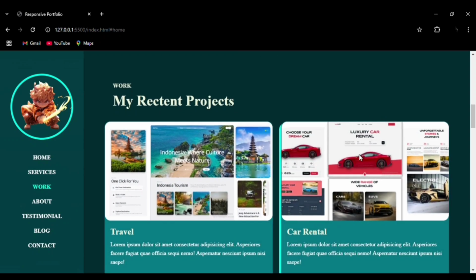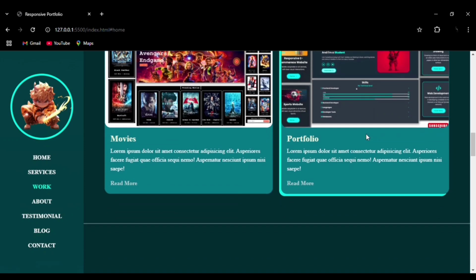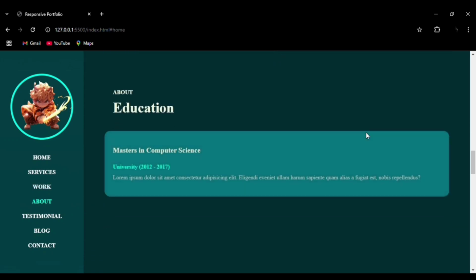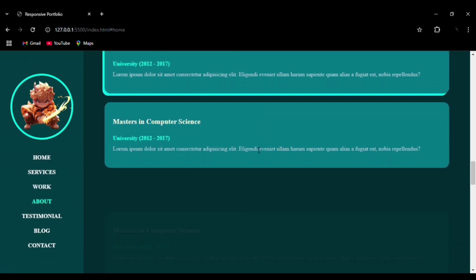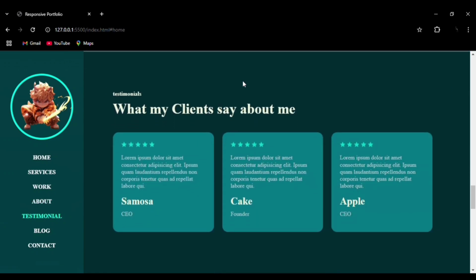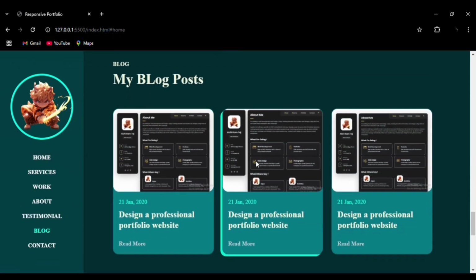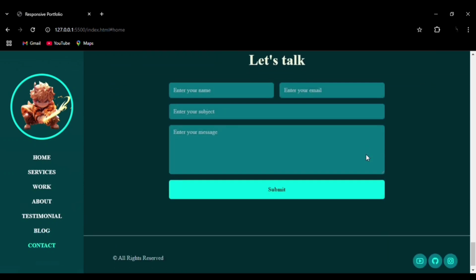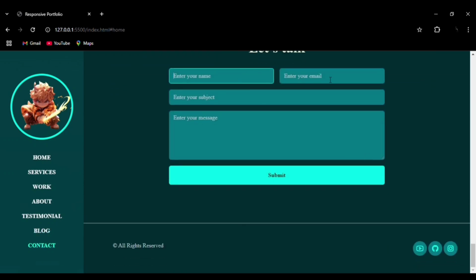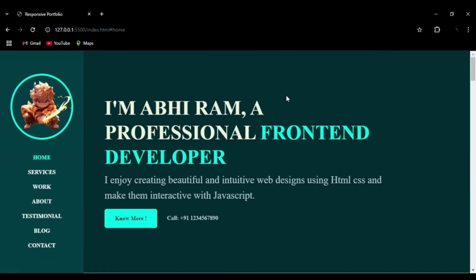The entire website is made using HTML, CSS and JavaScript. We have used the AOS JavaScript library for the smooth animation effect that you can see here. And we have used main CSS features like box shadow effect, hover effects, and the full tutorial is also available in the channel, and we can go through each and every section now. The website is entirely responsive, that is, it is also available in mobile, tab as well as